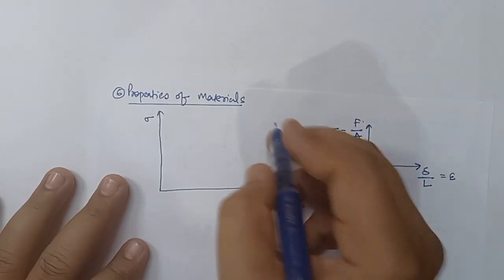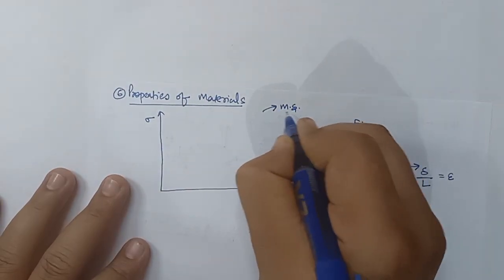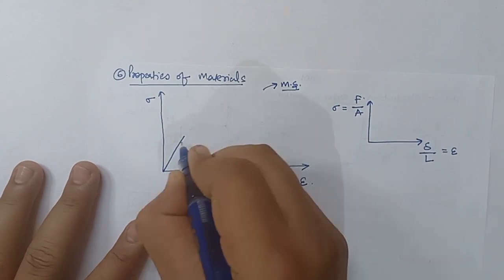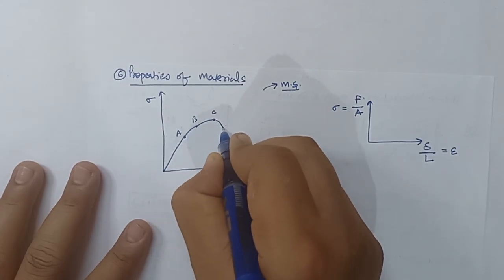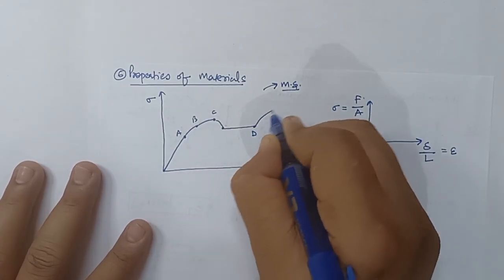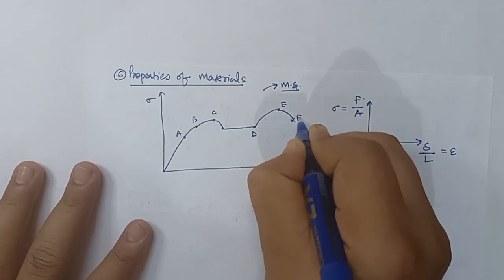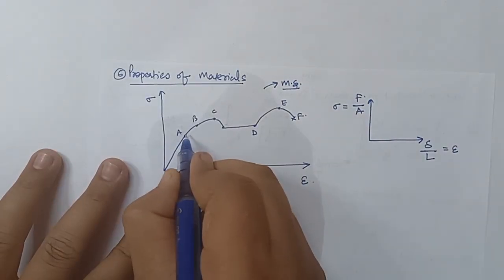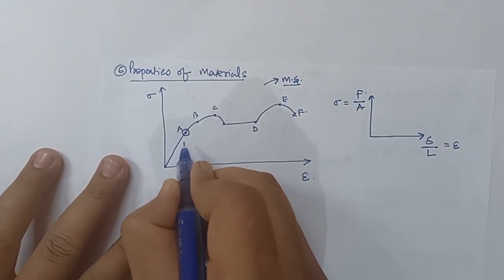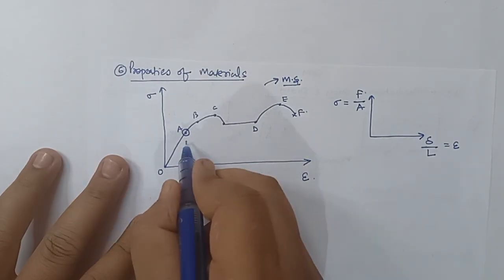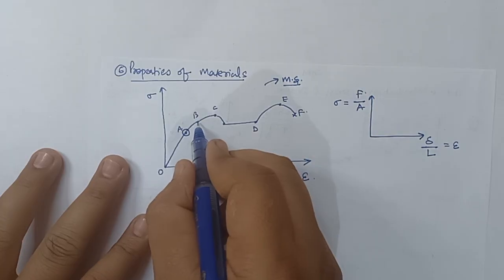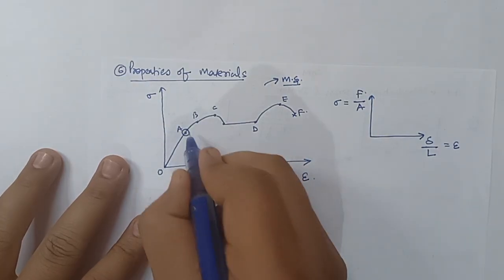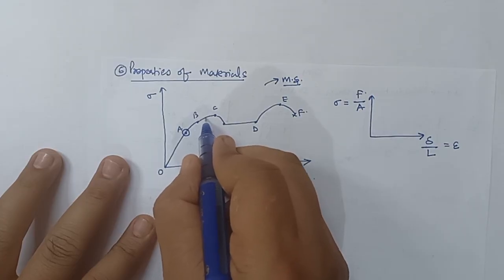And this particular graph I am going to draw for mild steel. So let me draw first. This is point A, this is B, this is C, D, E and F. F is called the fracture point. So what is A? A is called the proportionality limit. Proportionality means Hooke's law is valid on the OA part, and after that, AB is called the elastic limit. Elastic limit means the stress strain graph is not straight, but if I remove the load, the body will regain its original shape.